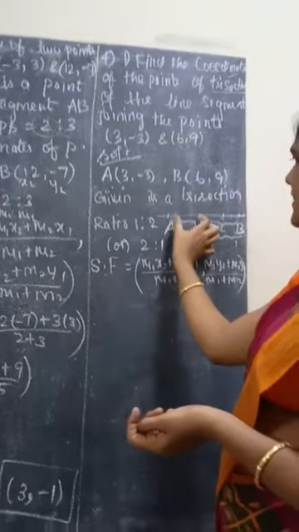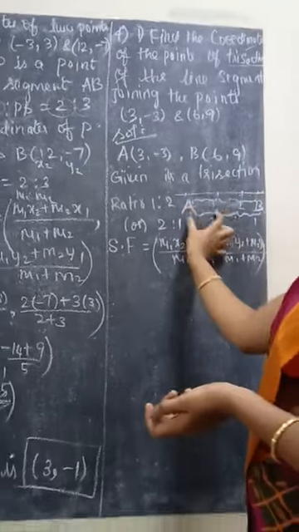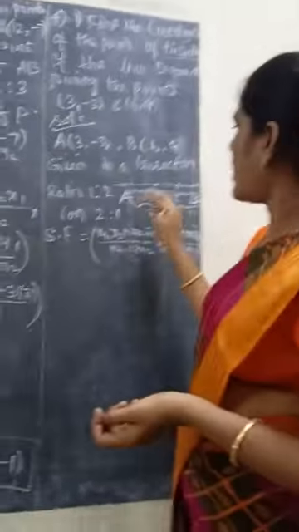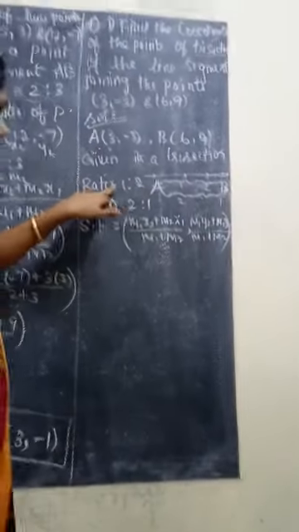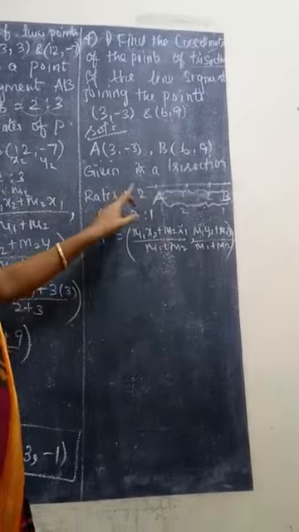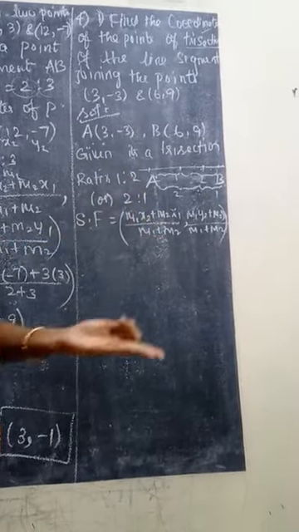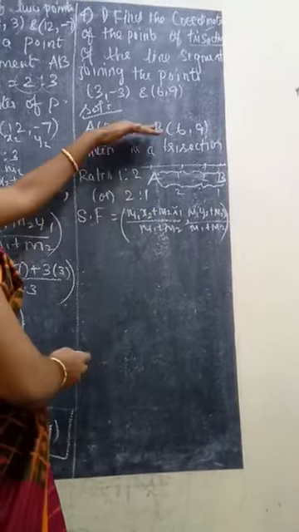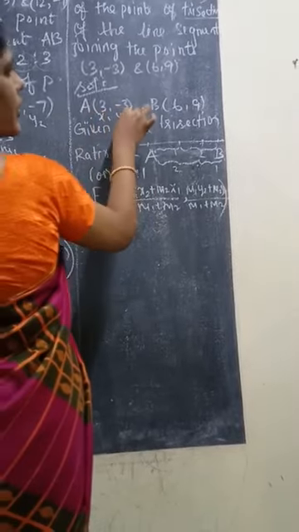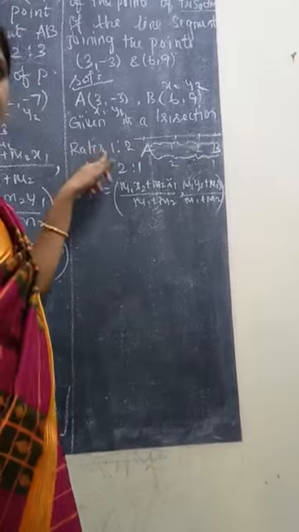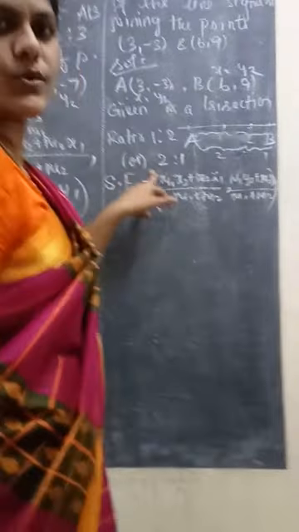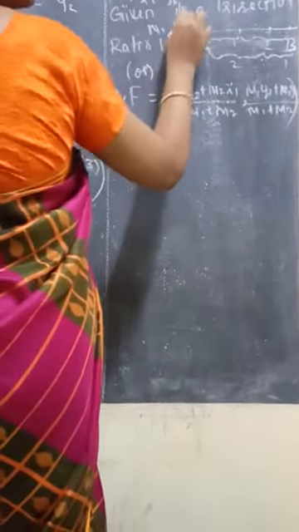How do we split this? 1 is to 2 or 2 is to 1. Apart from this, we can't split any other way. So how do we take the ratio? 1 is to 2 or 2 is to 1. Add this, 3, so trisection of 3 parts. That's all. We have 2 points. This point is x1, y1. This point is x2, y2. You take it 1 is to 2 or else 2 is to 1. It's your wish. This is m1, m2.